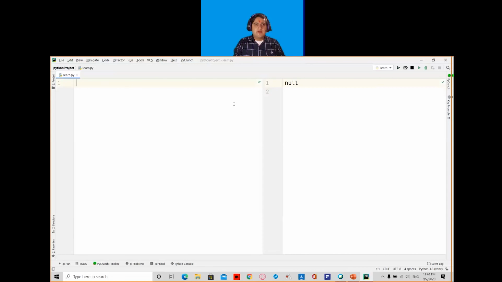Suppose that I have my variable, which is colors, in which I want to store my tuple. So here is my tuple, for example, red, green, blue, and purple.